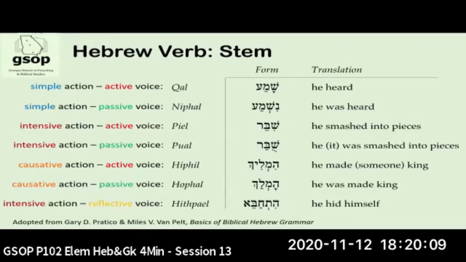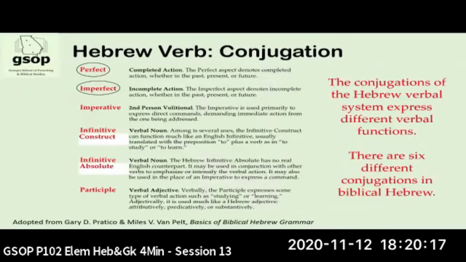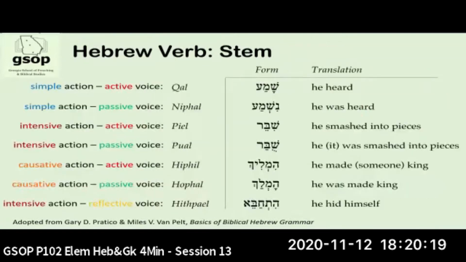So you will be Hebrew intermediate experts. You become experts after you do the Hithpael. And so when we look at, for example, the Qal, the simple action, active voice, there the Hebrew word is shama, he heard. And now these can be